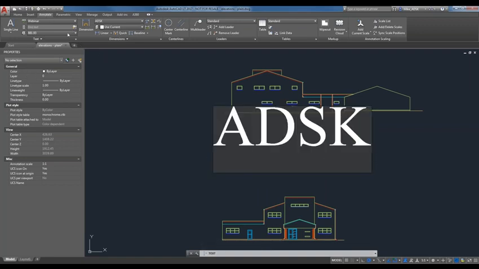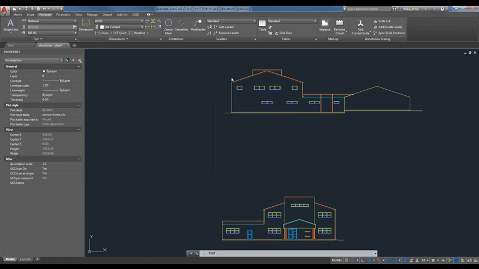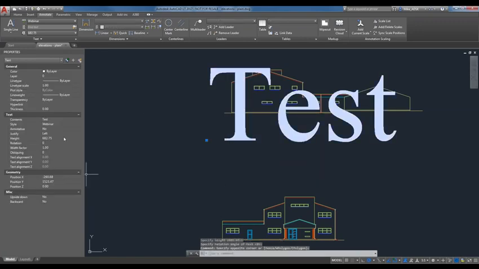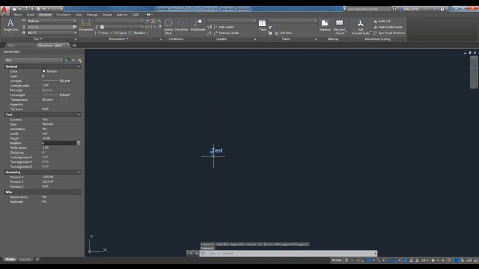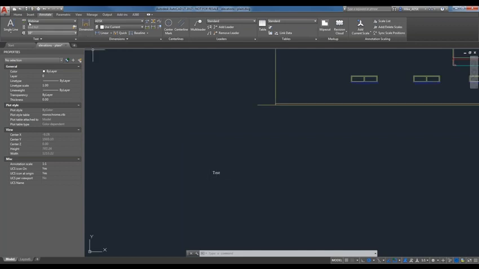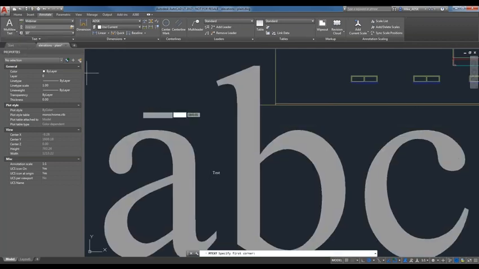I'm going to switch this over. Oh, I can't switch it. Try that once more. And then it shouldn't be as big. Now, it doesn't want to behave. But if your text ends up being too big, what you can do is select it, go to Properties, and switch the height. It's being a little bit finicky right now, but in the end I got it to be the size that we wanted. Additionally, you can make MText,